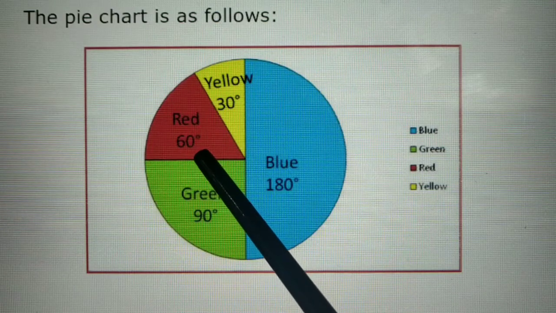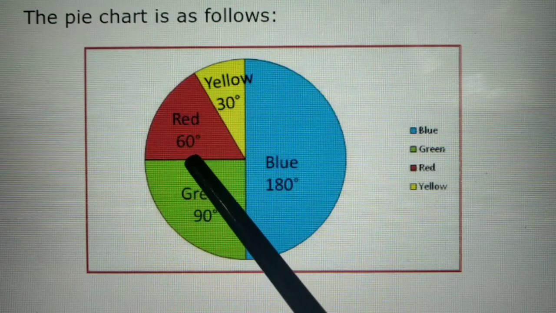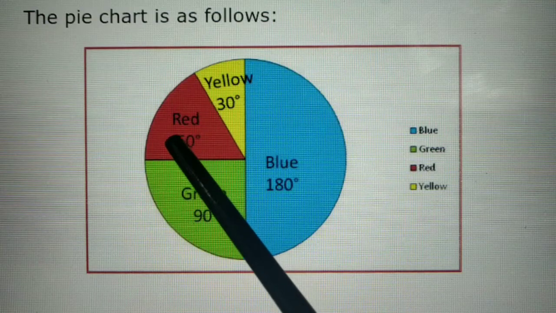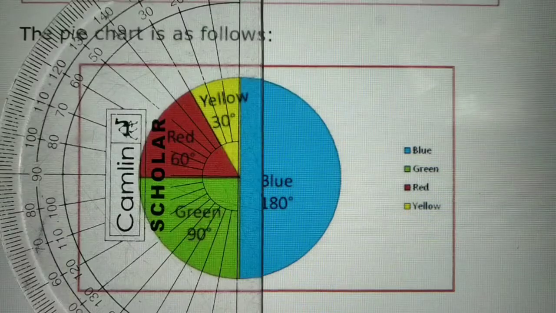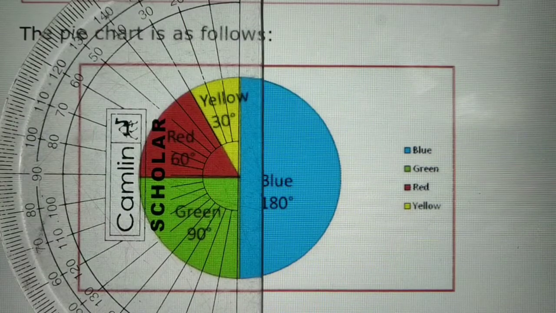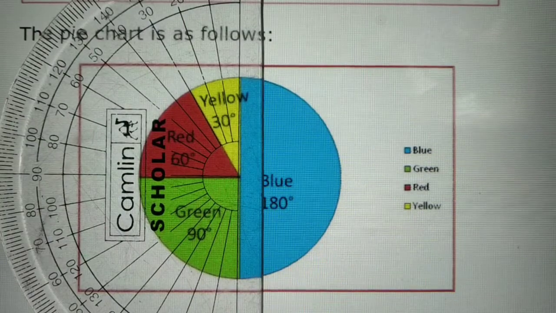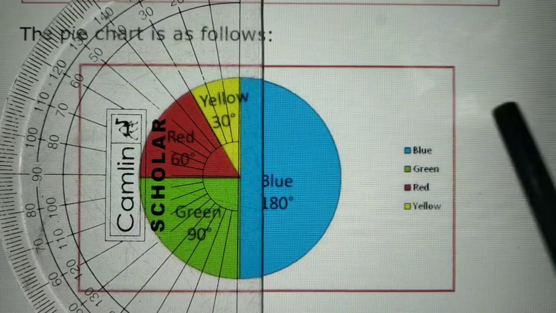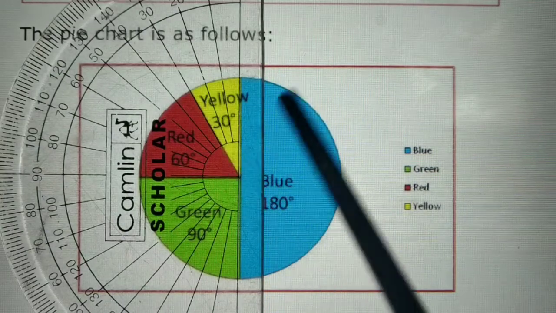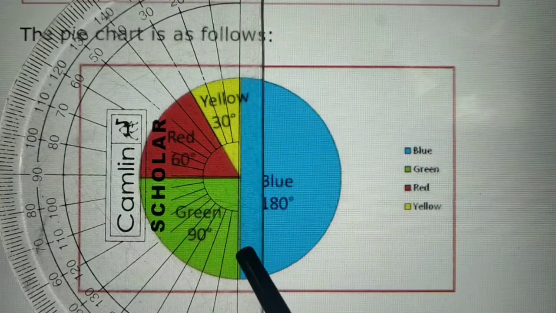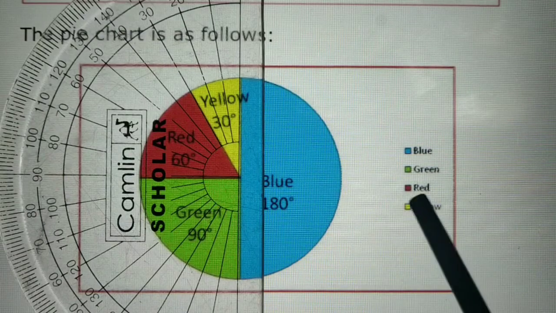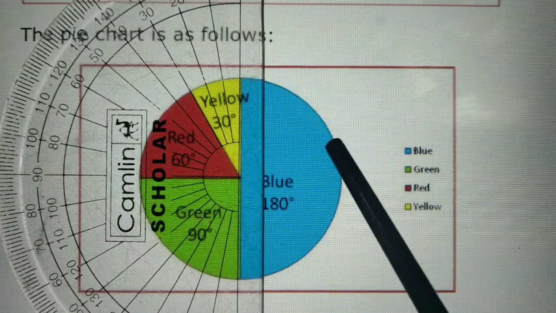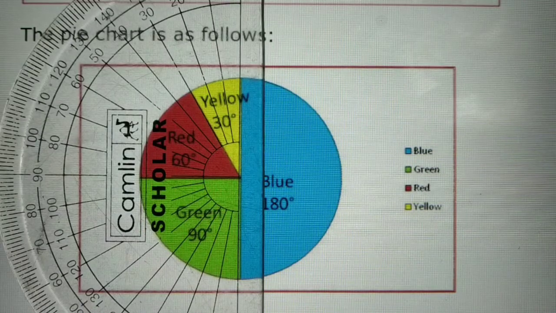You can consider this line as the base. Place the protractor at this line and just calculate the angle. Now observe, students, you can easily draw. First of all, mark the center, then draw a diameter. You can draw a diameter because we need a complete 180 degree angle here. So one side of the diameter is a complete 180 degree.